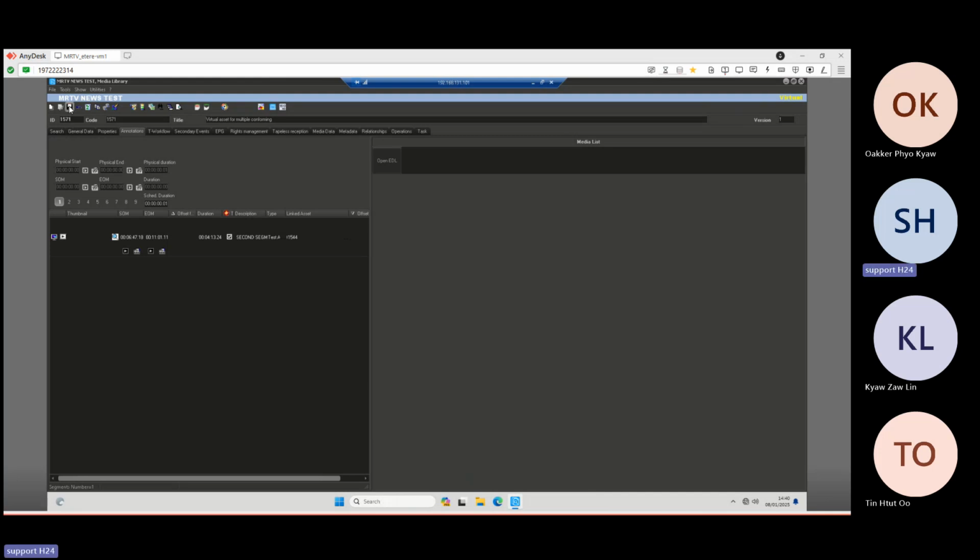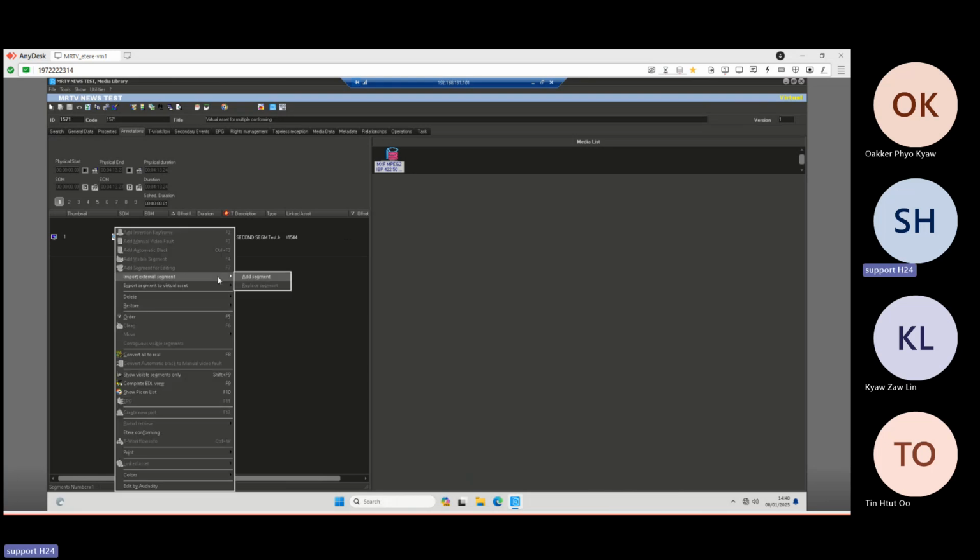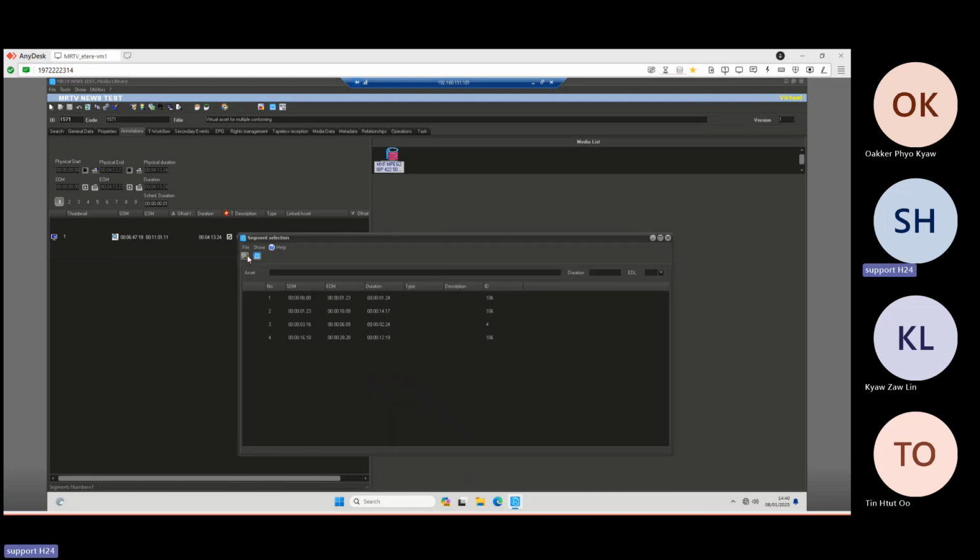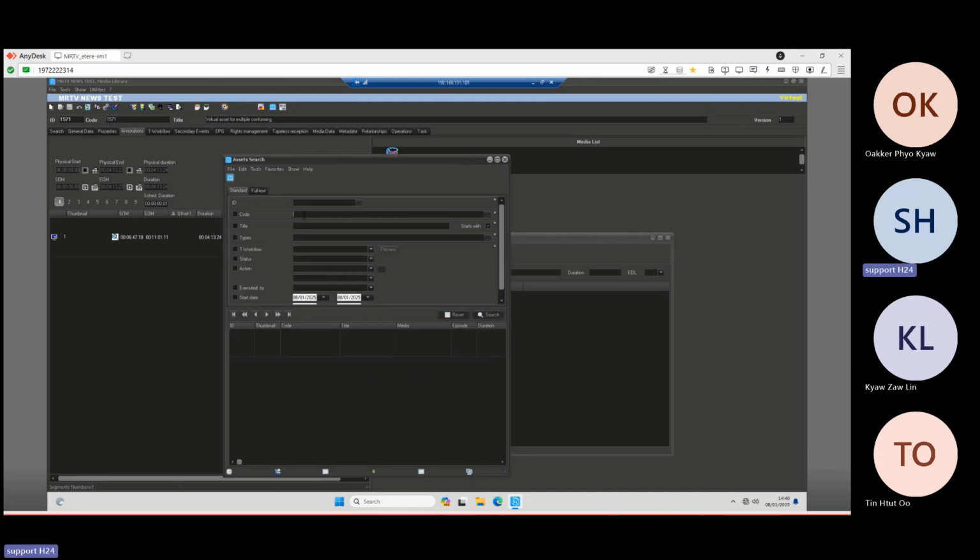Every time that I save the asset after importing a segment from an external asset, I will have the file belonging to the other asset linked also in this one. So I can keep importing another one, and I want to use in this example